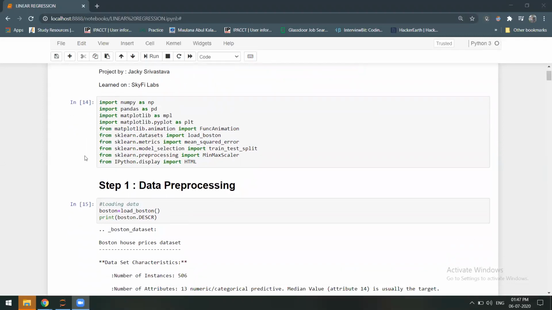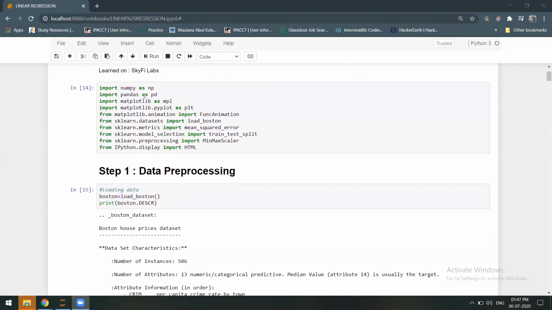To do the project, we need to import some necessary libraries or packages. So we need NumPy, Pandas, Matplotlib, and matplotlib.animation for supporting the animation part, FuncAnimation. We use sklearn.datasets to load the Boston dataset, and sklearn.metrics to import mean squared error.